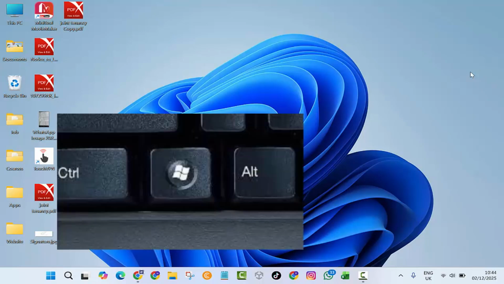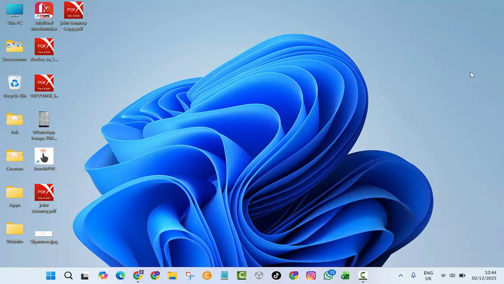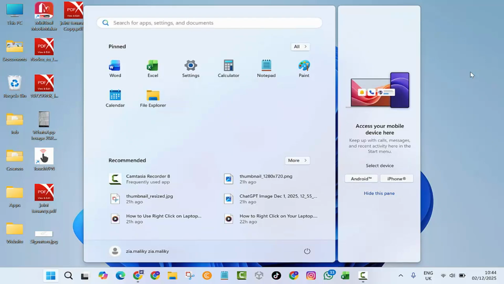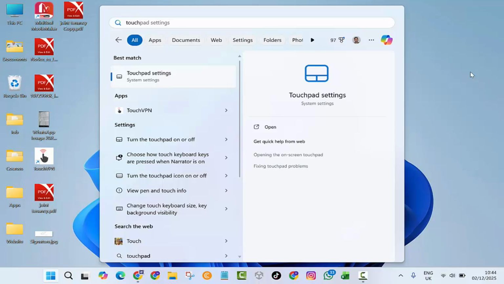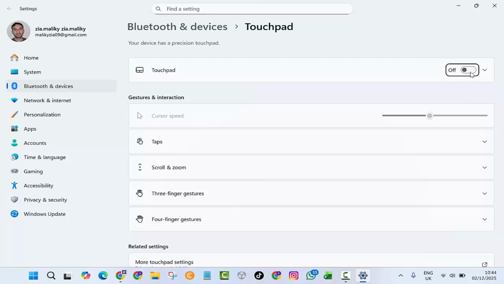The first thing you need to do is press the Windows key on your keyboard. The keyboard is going to work, so it's only the touchpad that's not working. So press the Windows button first and then search for touchpad. As you can see, the first one is touchpad settings. All you need to do is press enter on your keyboard and it will take you to the touchpad settings in here. As you can see, the cursor is already on the touchpad